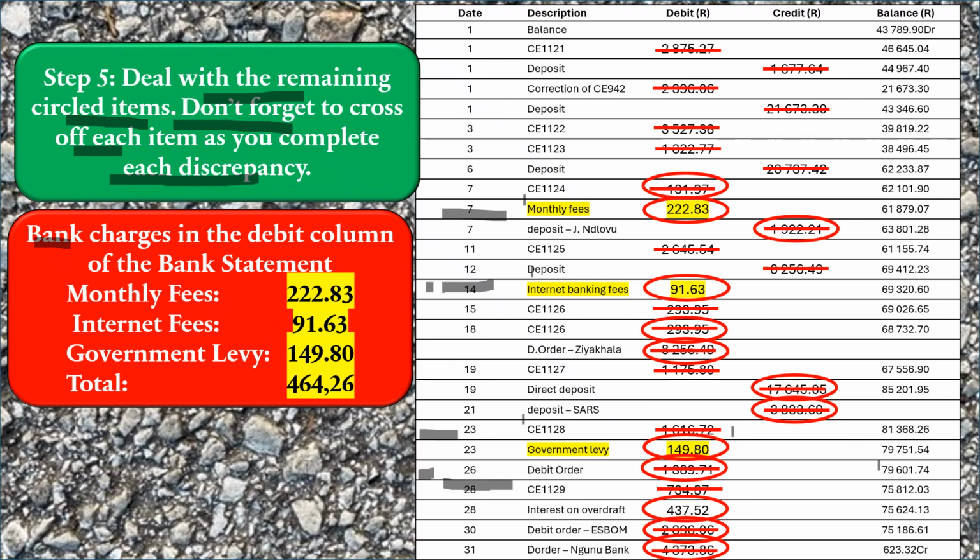Bank charges in this case consist of monthly fees, the internet banking fees, and the government levy. Interest will be shown separately. So you total up your bank charges, the monthly fees, the internet fees, the government levy, and it comes to